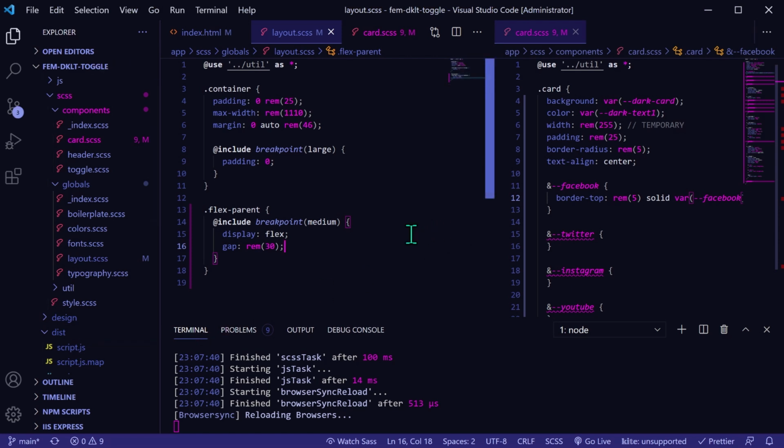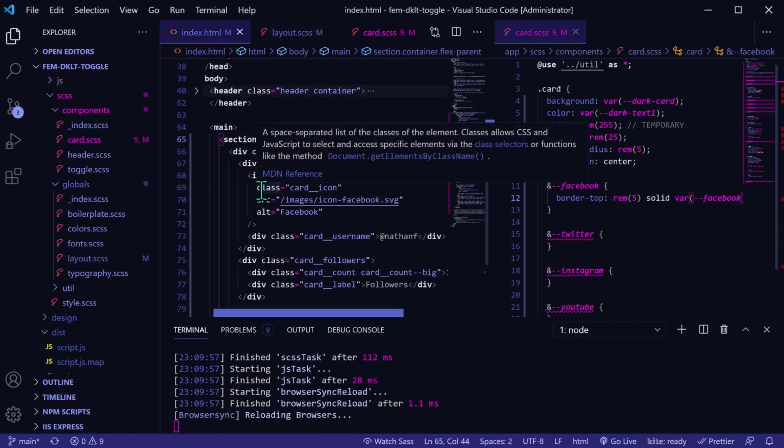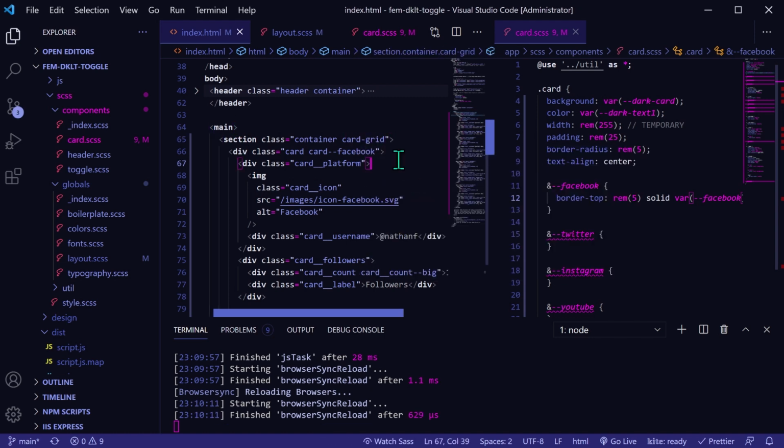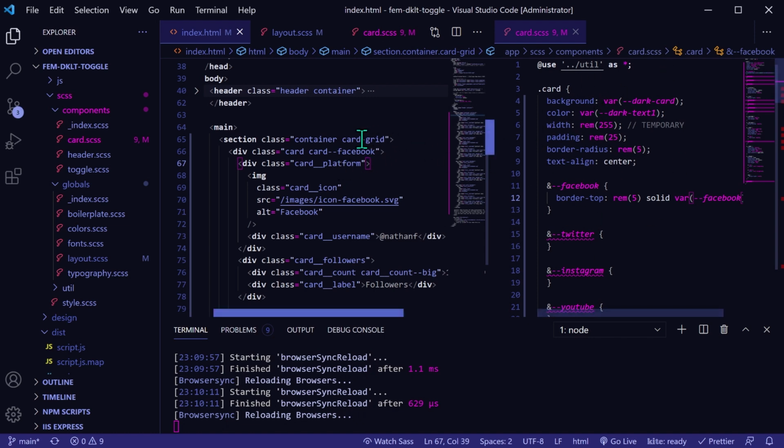Okay, let's go back to here. I need to have a flex parent, because that's a little bit too generic, because, you know, I'm using Flexbox in multiple places. Let's say cards. Oh gosh. Card grid. This is one of those things where I don't know what the right name for this is. Card grid. I think what I would sometimes do in the past is, because everything's in the card styles here, I would do something like card